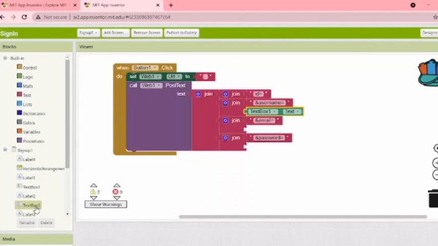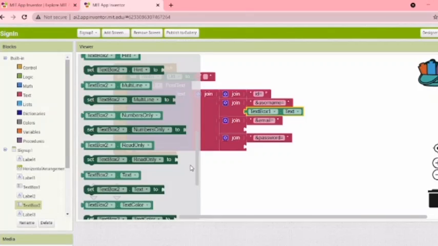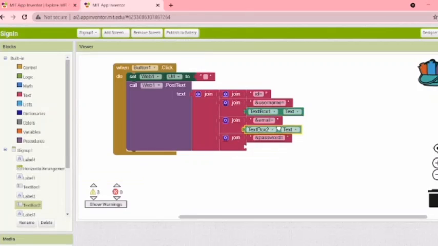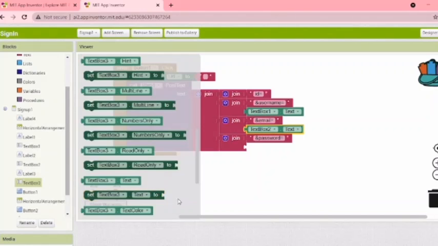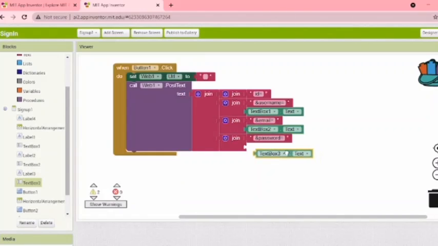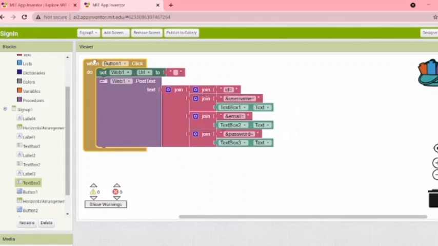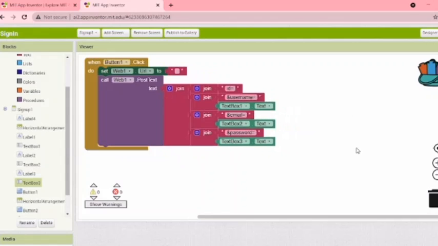So text box 2 for the email. Then text box 3 for the password. So put here. So that finishes our button. So next we need to make the notifier, which is